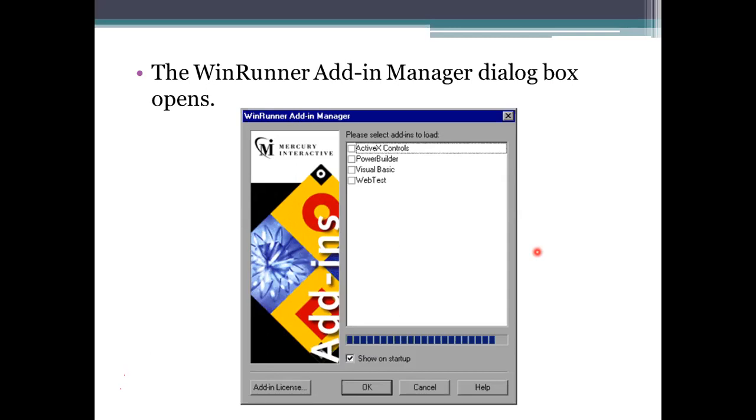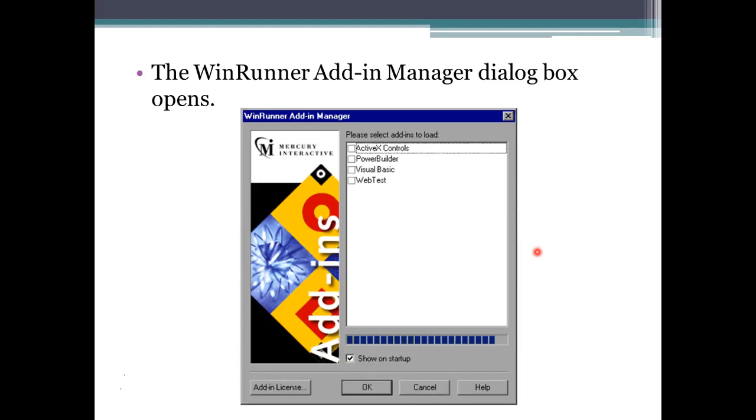If you are adding from the tool, okay, or sometimes you have to get the add-in from another source. If you want to take that, it allows you to take external add-ins, and in WinRunner you have to take the add-in license for that processing also.